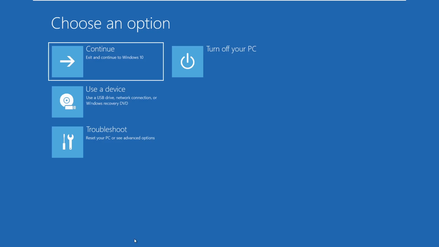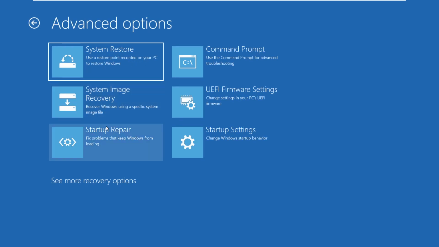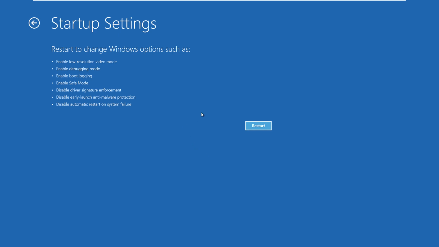So it will take some time, and we are now on the blue screen. So click on troubleshoot, advanced options, and then startup settings. So now here we need to click on restart. Again, we need to wait for some time,